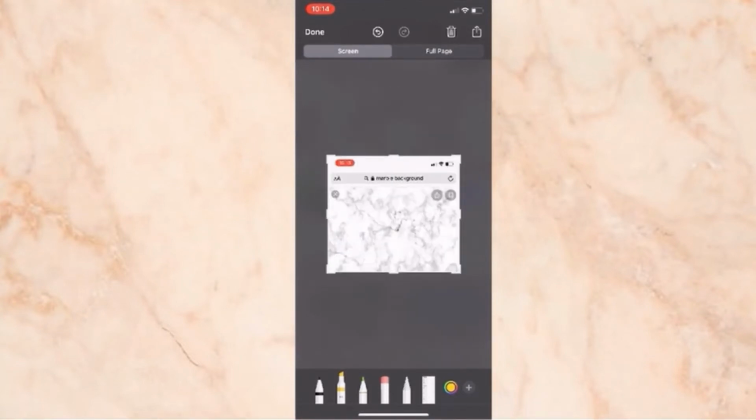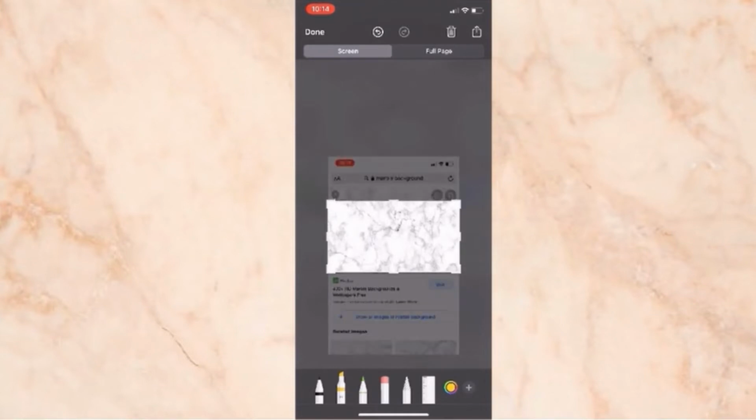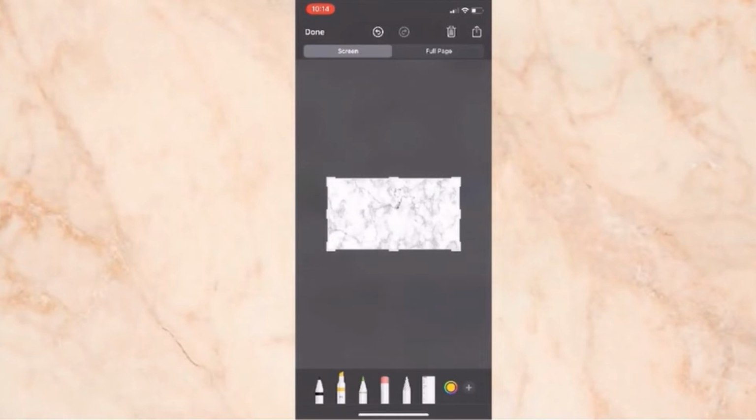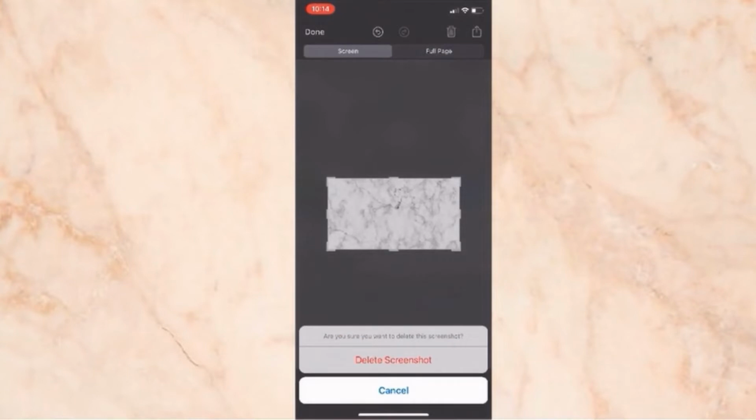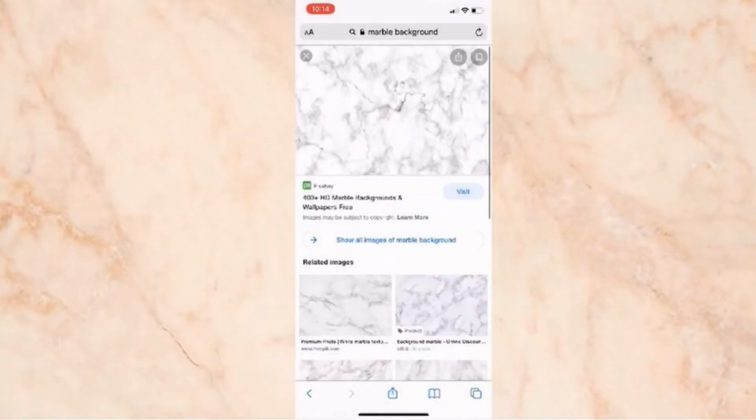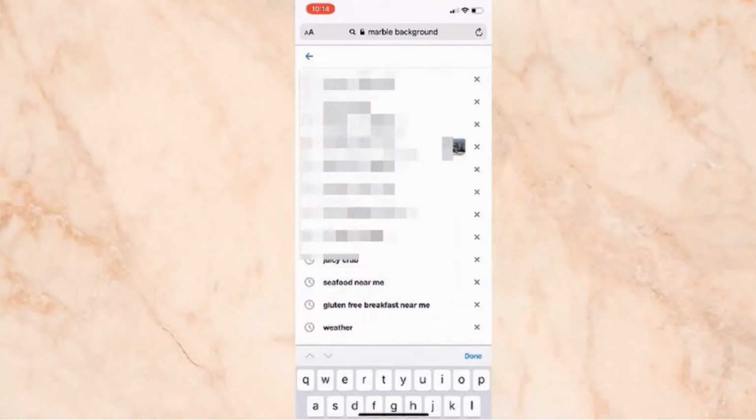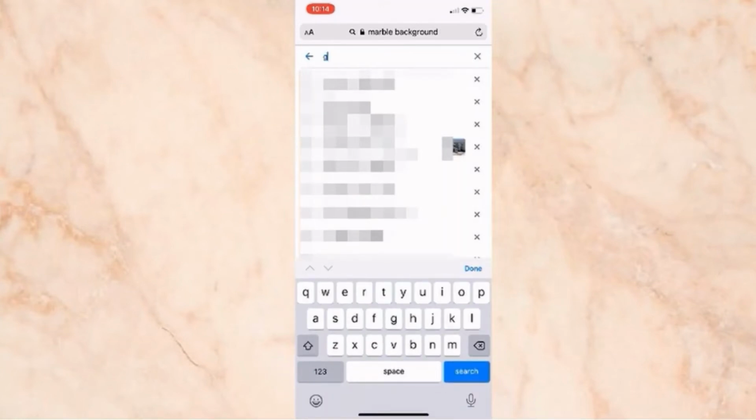So that's just what we're doing here, and then we're going to save it. And again, some pictures do allow you to just press on it and save it, so whatever you feel is best, you can go ahead and do. So now I'm just saving it, and then we're going to go on to the next